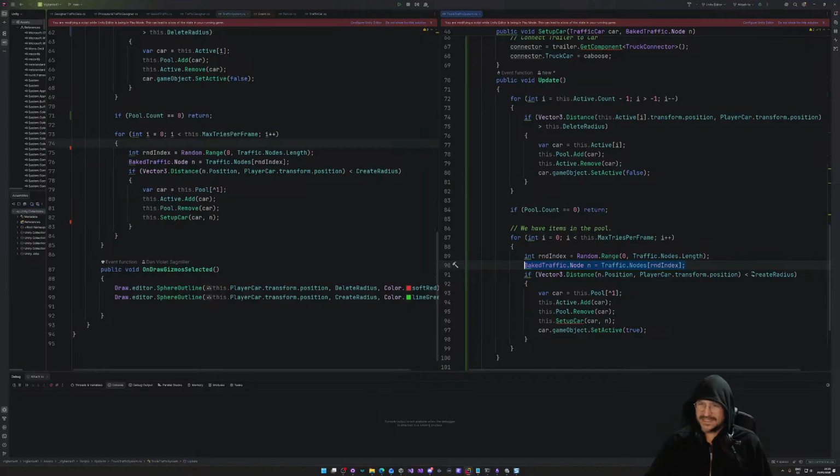And now we're going to check the distance to see if that's within the create radius from the player car, and if it is, then we'll create it. We grab the car from the pool, the last one that's in the pool. So we're always just expanding it out and moving it back in, so we don't have to do anything like realigning memory as we go. Next, this.active add car, we remove it, then we set up the car, and then we activate the game object,